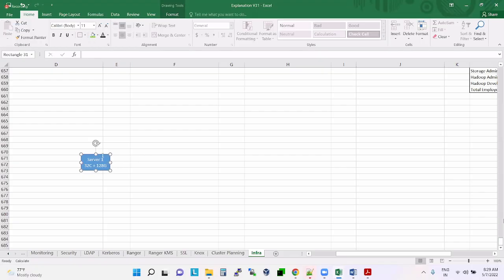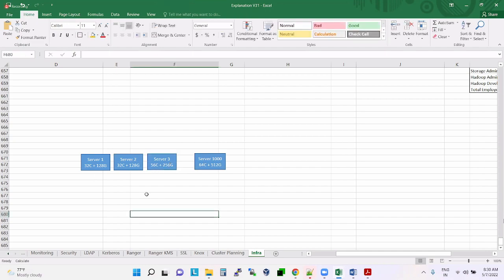Then server 2, server 3, up to server 1,000. Maybe server 1,000 has 512 GB RAM, maybe 64 cores, maybe 56 cores, maybe 256 GB RAM. Like this. So these are the servers.